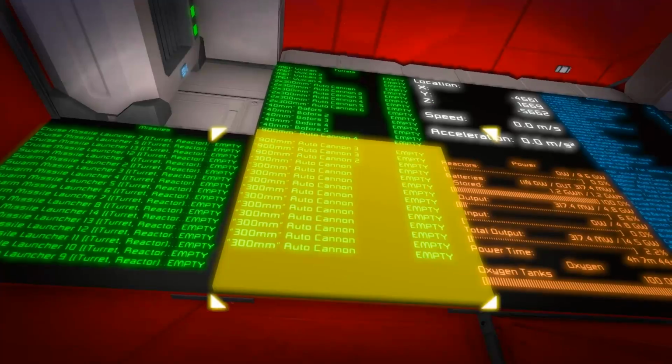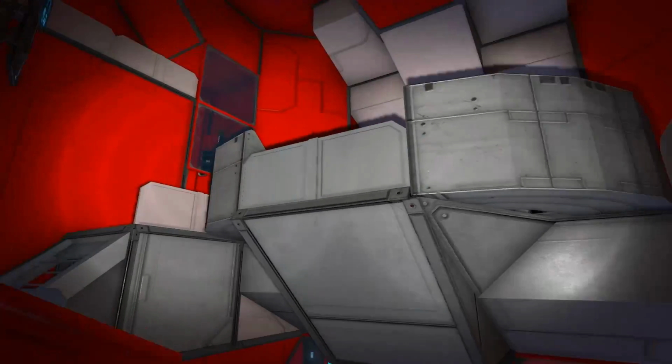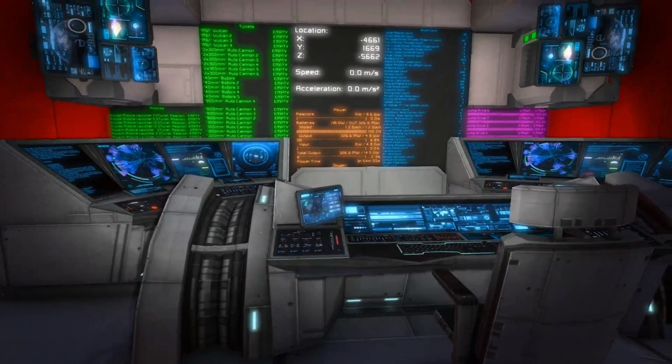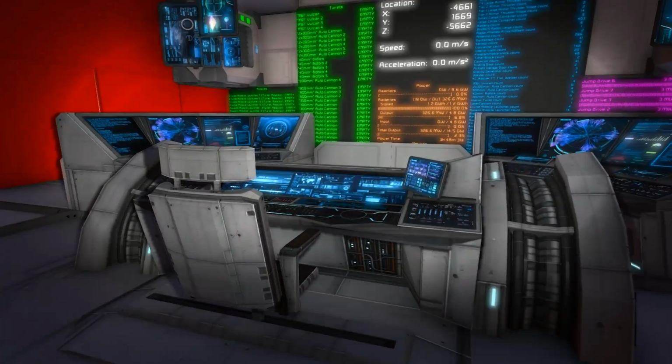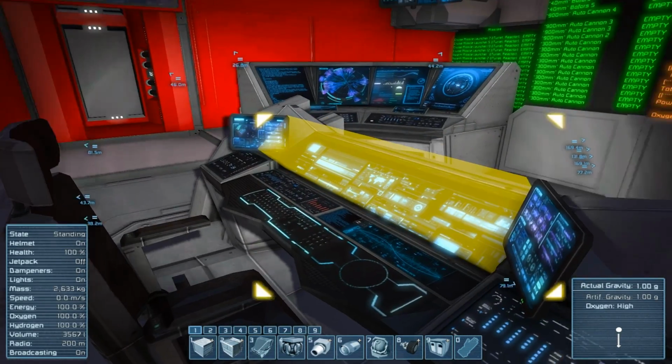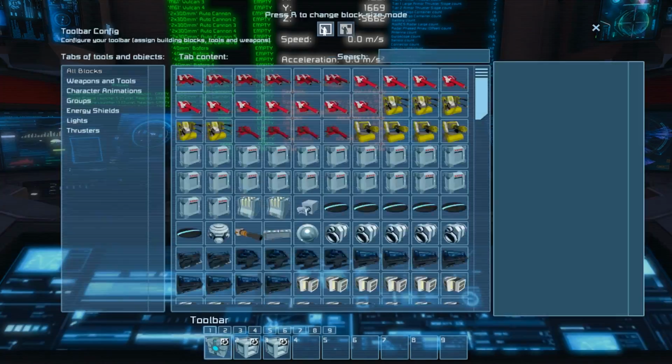So we got all of our information readouts here on our LCD screens. Does that make this the bridge, I wonder? Might be a bridge, if not the bridge. Come on. So what do we got? Jump drive control. Timer block, wings...